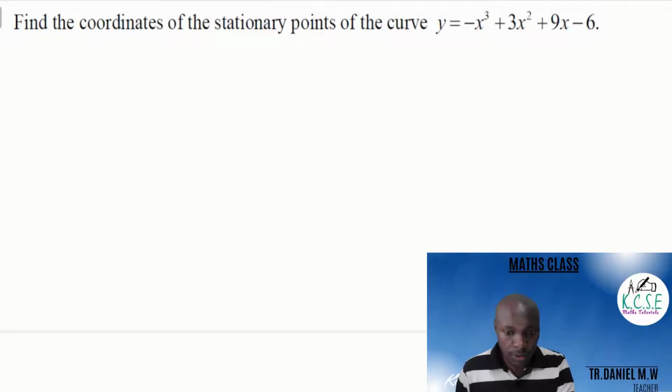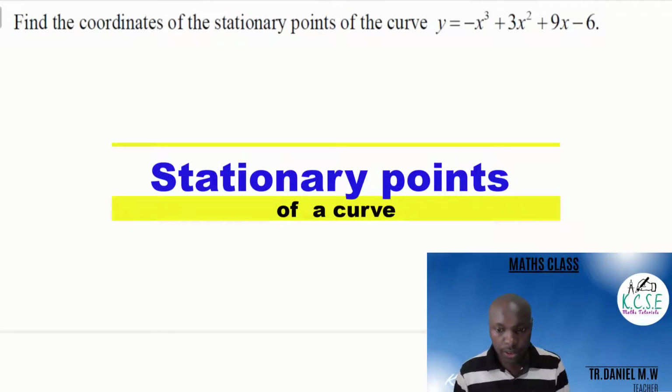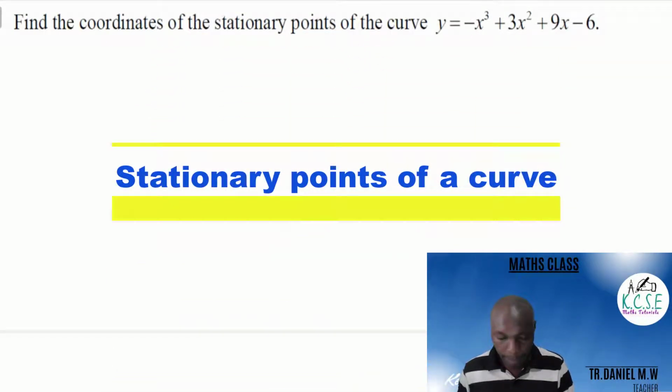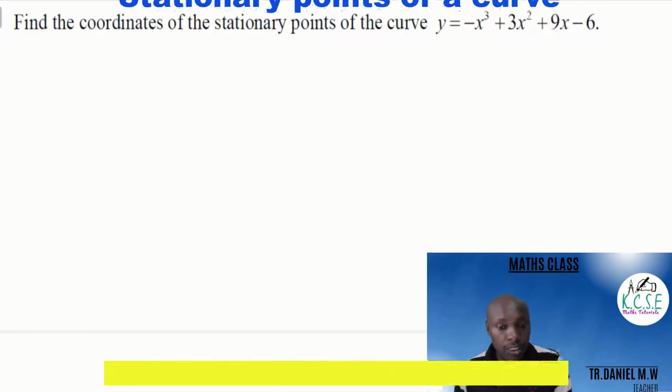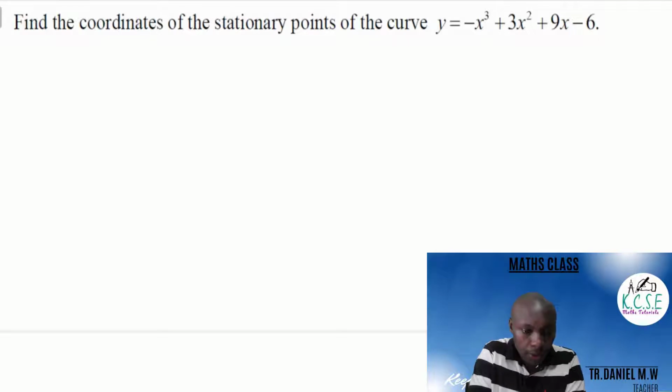Find the coordinates of the stationary point. So the curve y is equal to negative x cubed plus 3x squared plus 9x minus 6. We are supposed to find the coordinates of the stationary point of the curve, given the equation of the curve there. One important thing that we're supposed to note as we begin is that at a stationary point,